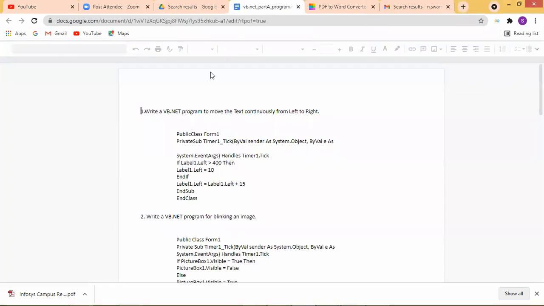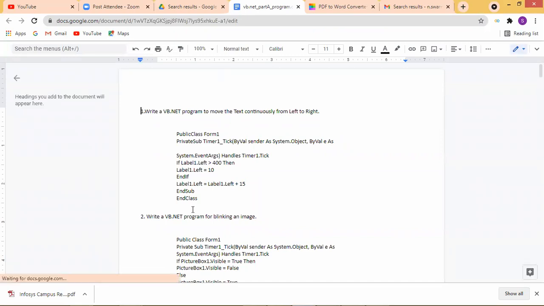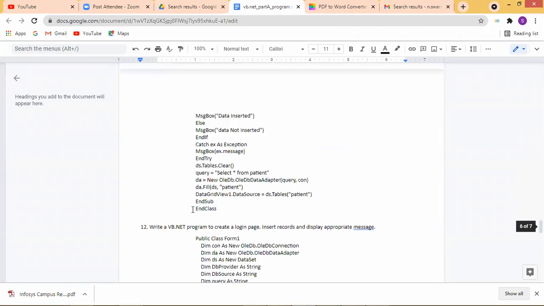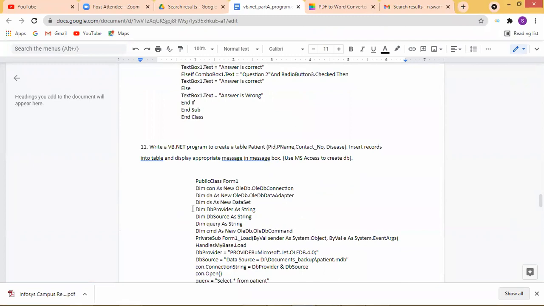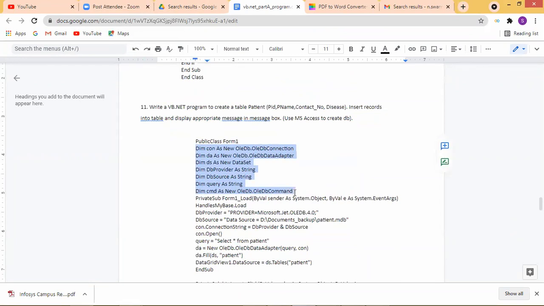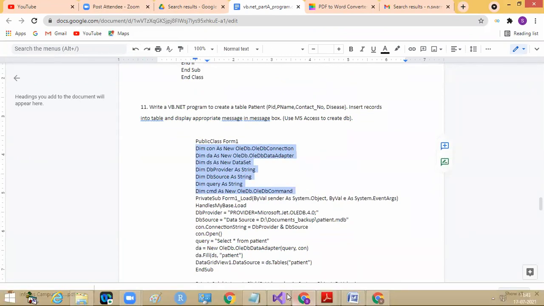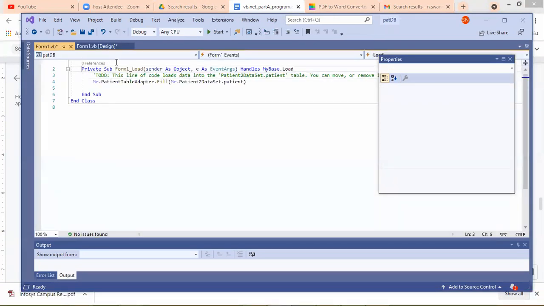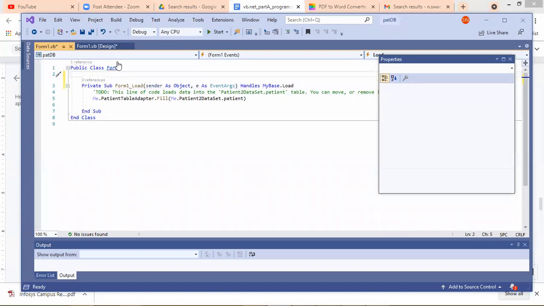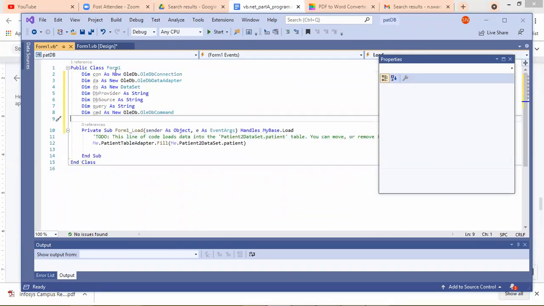I want my database connectivity to be done immediately when my form is loaded. Are you getting it? What will your insert button do? It is used only for inserting data. But immediately when the form is loaded, that is, when the application has been run, it is supposed to connect to the backend database. So that's the reason I need to do the programming for my form first, upon load.